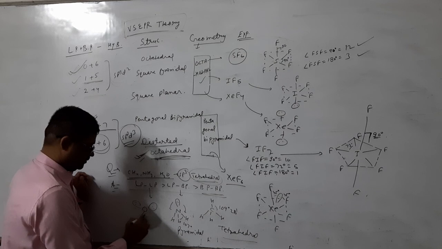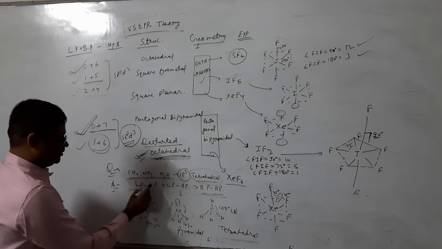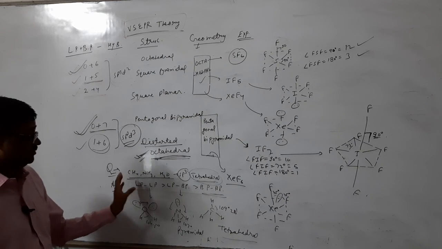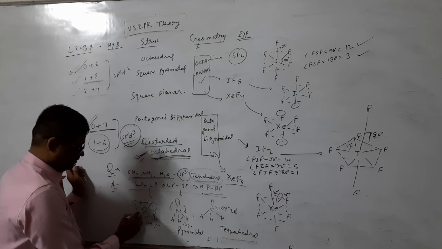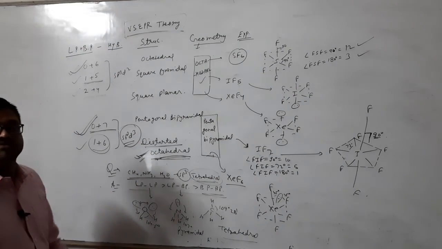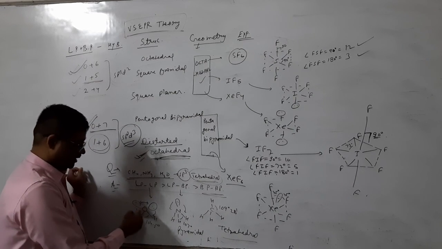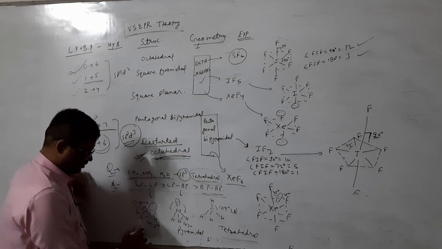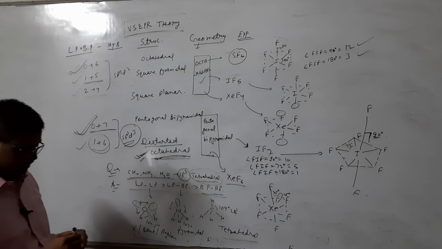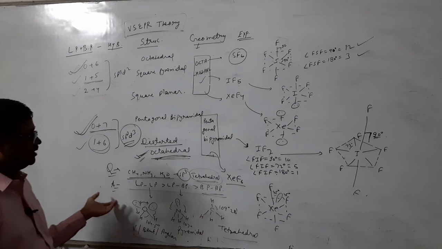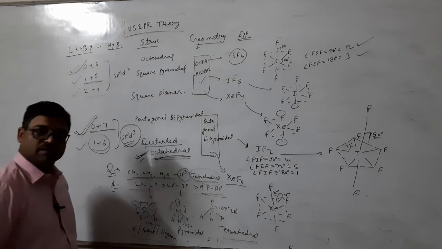Now I am taking the case of LP-LP repulsion. I will take the example of H2O. You can see here two lone pairs are there, so lone pair repulsion is taking place, which is much more powerful than the others. So they will repel each other. Now these lone pairs will compress the bond pairs in the downward direction, so the angle will decrease from 109 degrees to 104.5 degrees. And the structure is V-shaped, bent, or angular. That is the reason behind this. So you have to understand and explain it that way. Clear? Thank you so much.